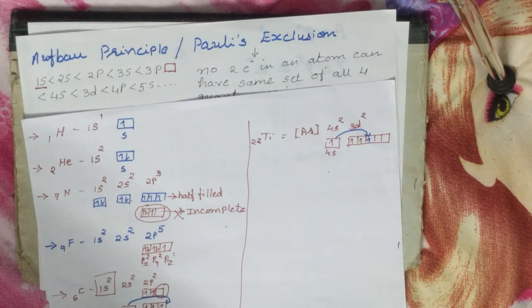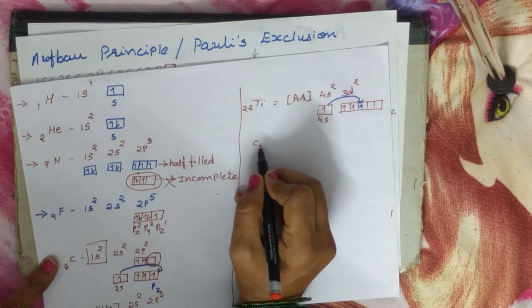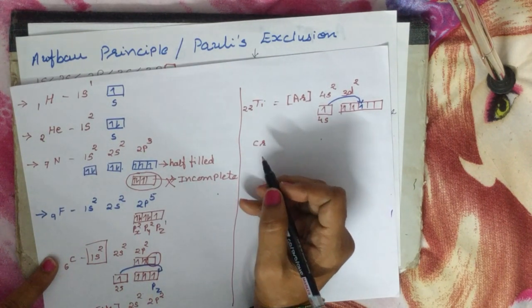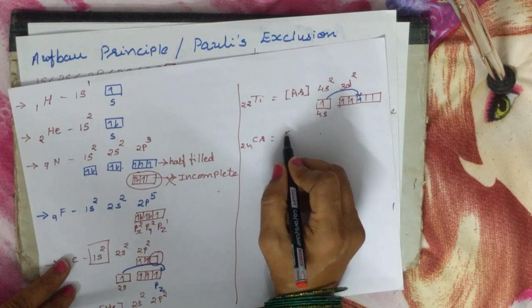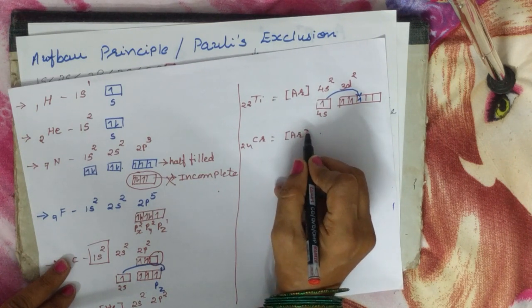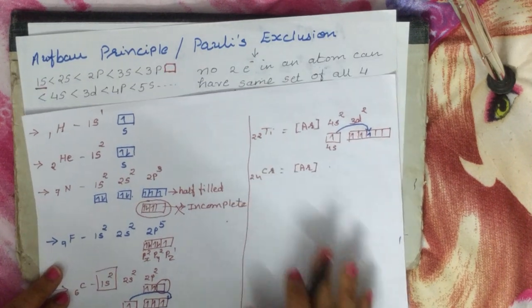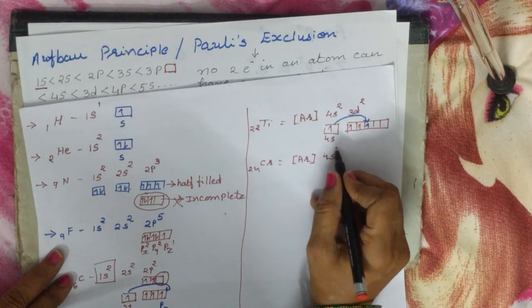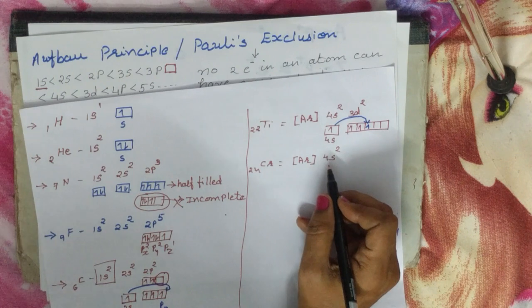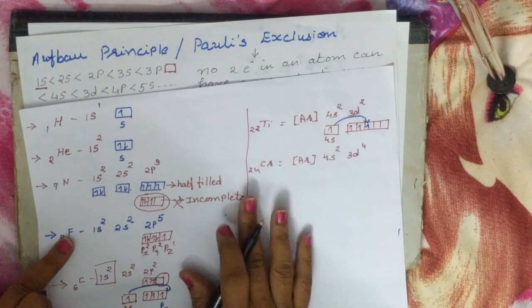Now let me take one more example and try to explain it to you. Suppose we will take chromium, after titanium. So the atomic number of chromium is 24. So same way you can write here argon, which means 18 electrons, and after argon, 4s2, 18 plus 2, 20 and 20 plus 4. So 3d4.